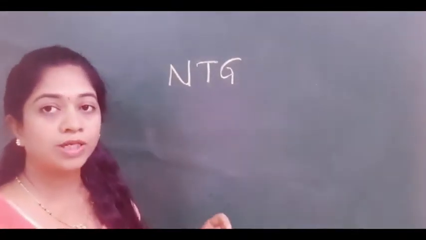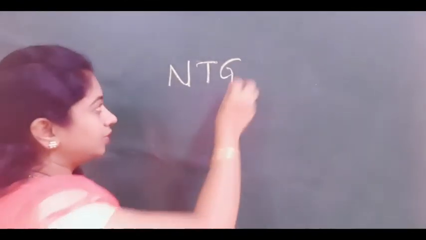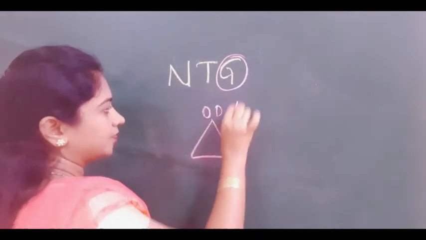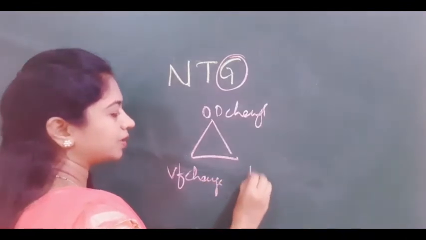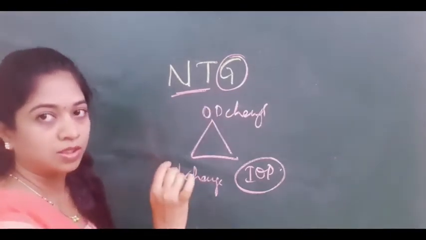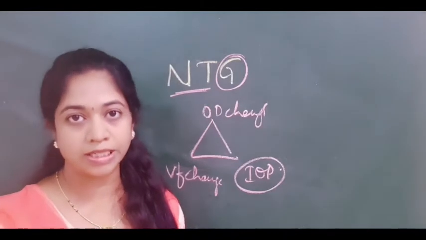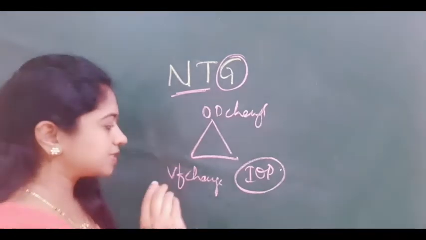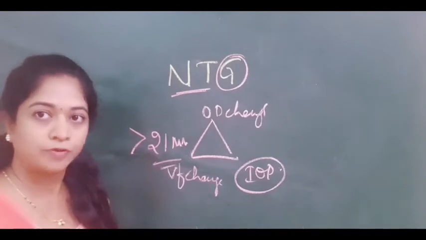So the next type of glaucoma is normal tension glaucoma, also called NTG. Again go according to the word. Again glaucoma is there, so the triad, that is optic disc changes, visual field changes, as well as intraocular pressure, but it is not raised here. As the name suggests, it is normal. So normal tension glaucoma patients will have characteristic glaucomatous optic disc changes with the corresponding visual field changes, but the IOP being normal and it is never raised more than 21 mm of mercury. So this is the definition of normal tension glaucoma.